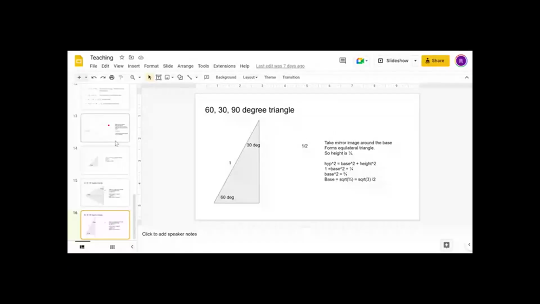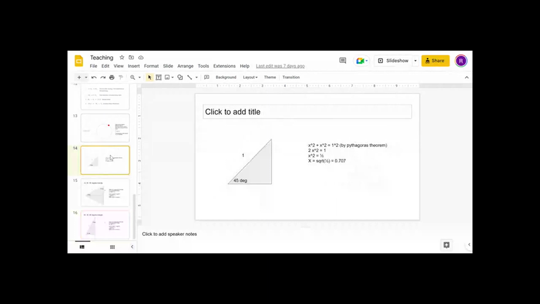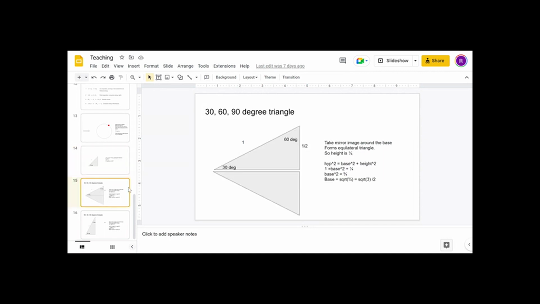So this was the first triangle that we did, which is 90, 45, 45. And if this is 1, then this is 1 by root 2 and this is 1 by root 2. 1 by root 2 is about 0.7, that's actually 0.707. And then for 30, 60, 90, if the hypotenuse is 1, then the opposite of the